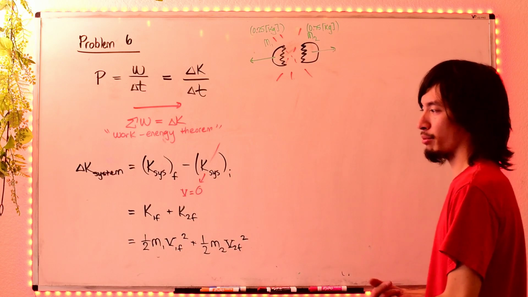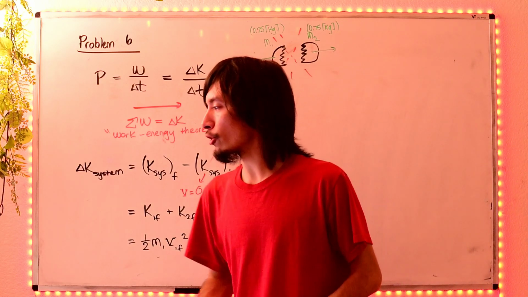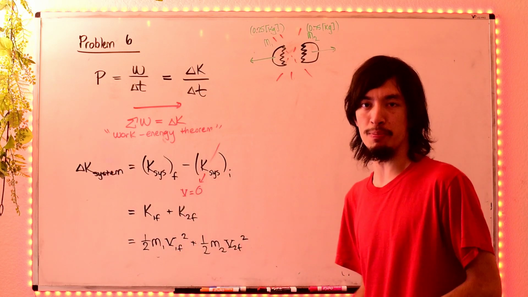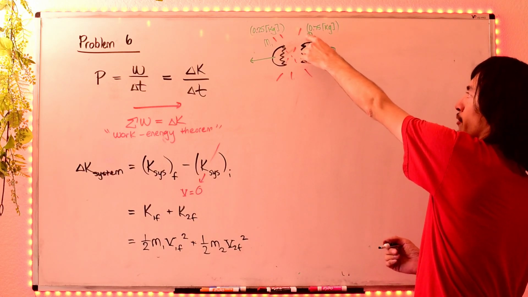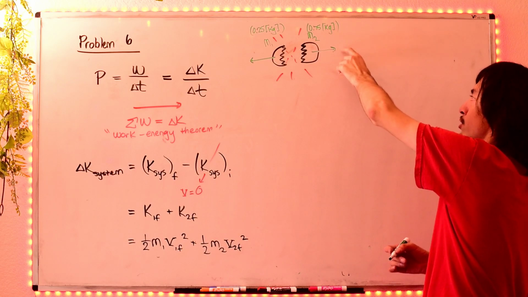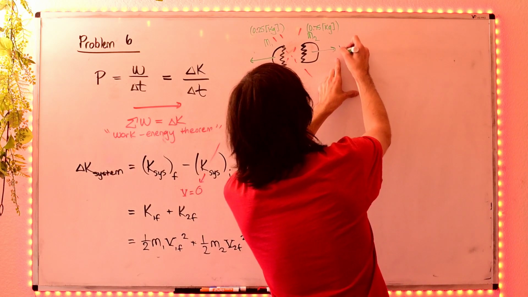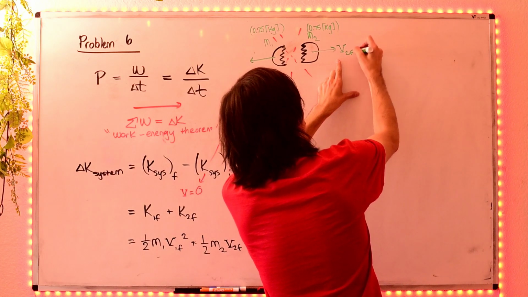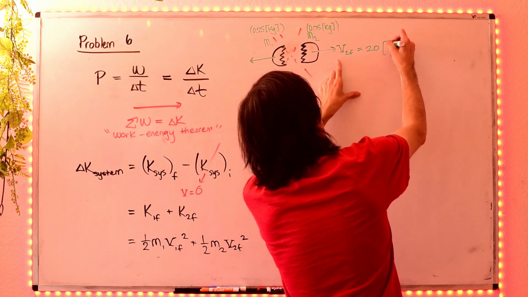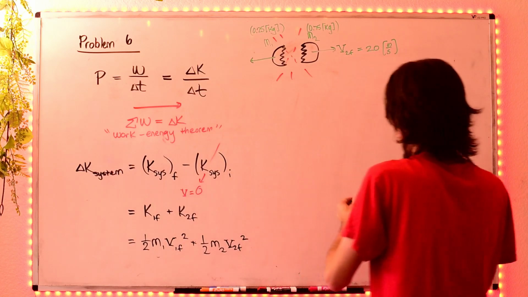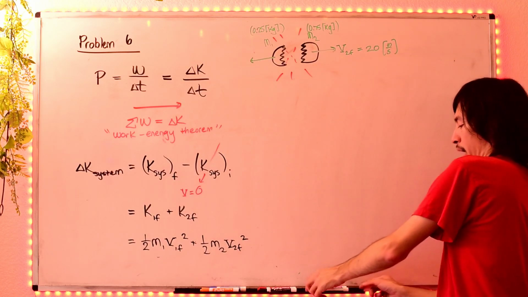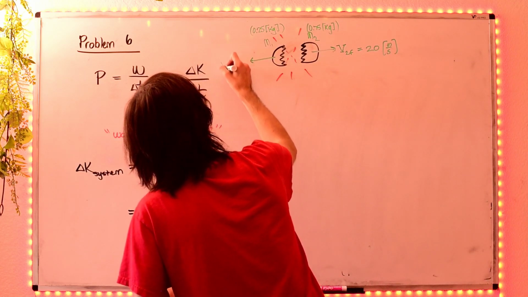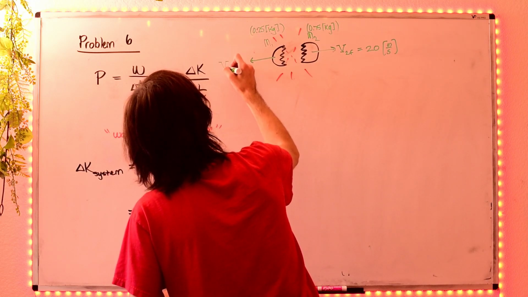So for instance, in the problem, I state that the larger piece is found to be moving with a speed of 20 meters per second. So that means mass 2, which I've called the larger piece, has to be associated with that 20 meters per second. So that's V2 final equals 20 meters per second. The other one is unknown, but we can find this pretty easily